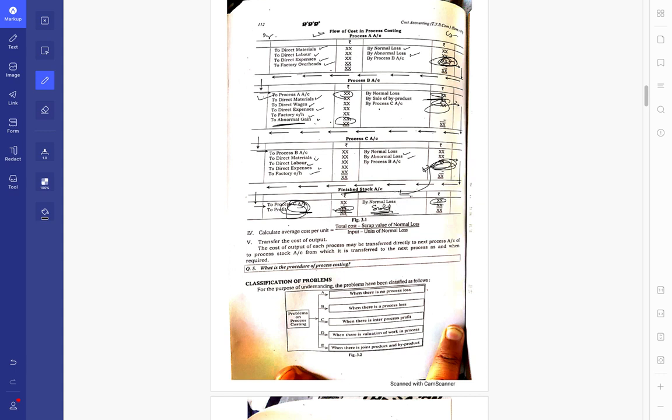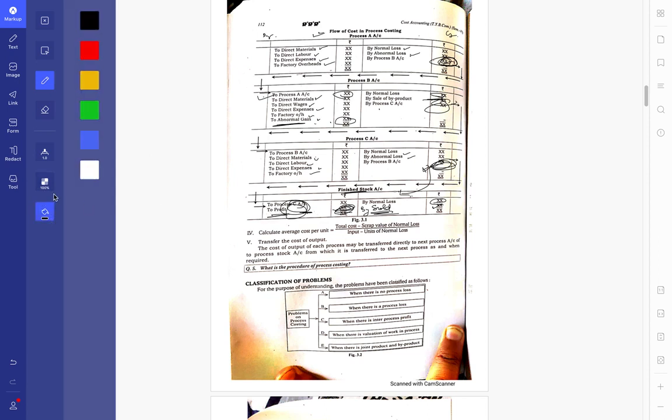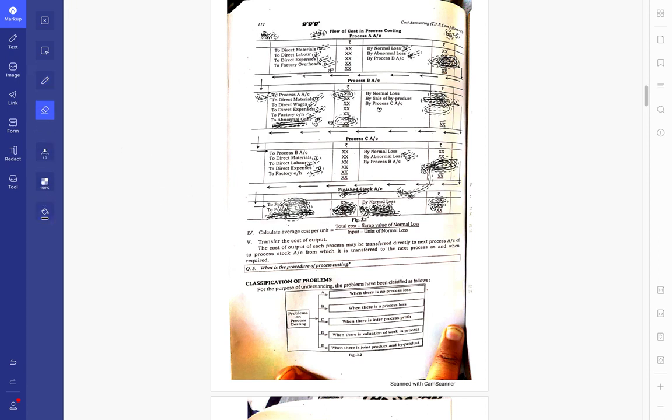Or if you don't add profit yourself, you'll be given information about sales. So you'll be writing by sales. You have the figure, then the balancing figure would come out to be a profit. Your balancing figure would be profit. So you transfer your balancing figure from process B account to your process C or your last process account to